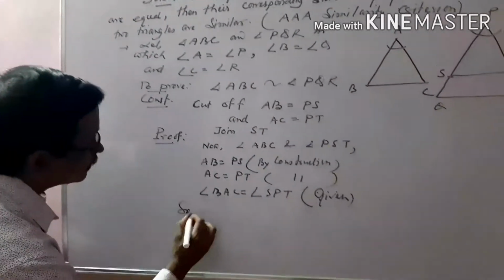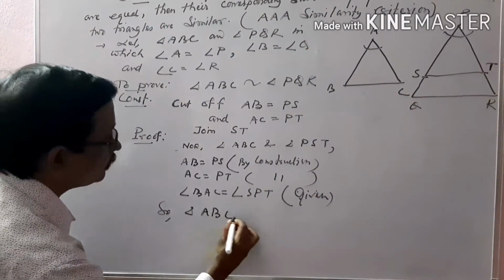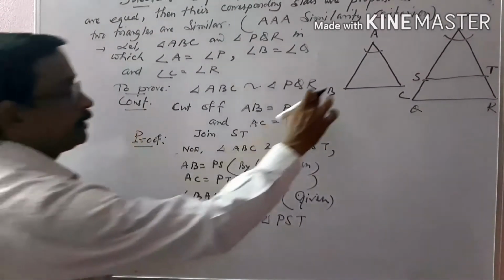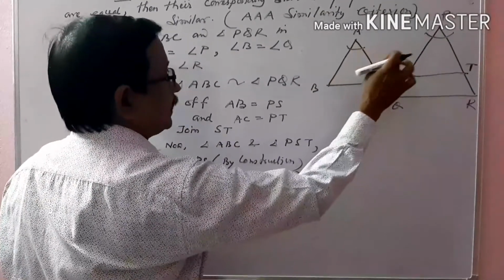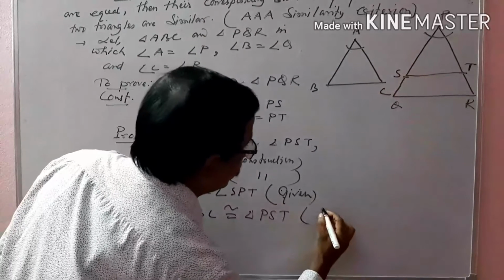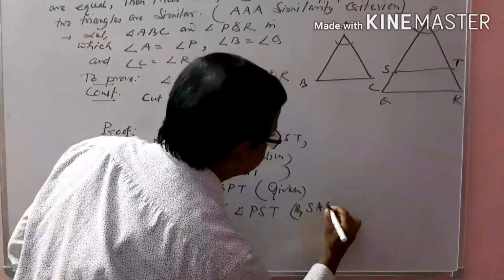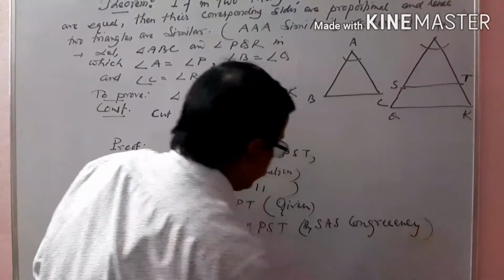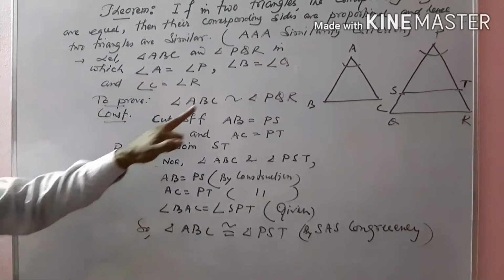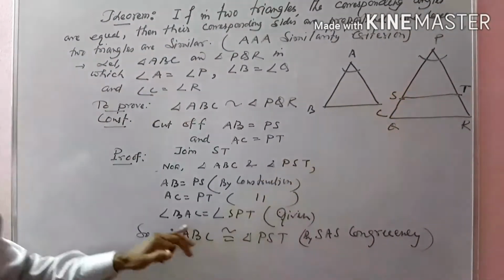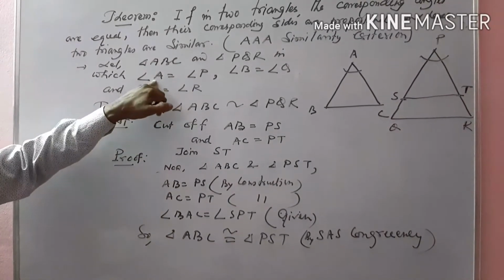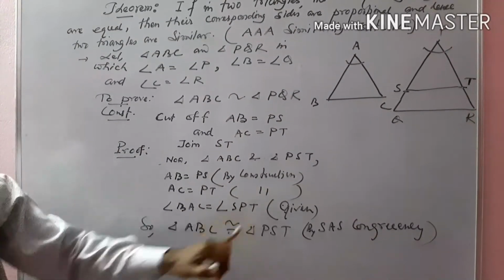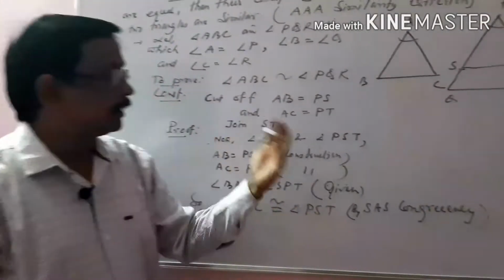So you can write triangle of ABC congruent to triangle PST. By what property? Side angle side congruency. By that congruency property, we can show these two triangles are congruent, and that angle already I have given, but in short I have written angle A and P. There are many sums there. I have written complete name BSC equal to SPT. I think up to this one is clear. Okay. Now come to next part.